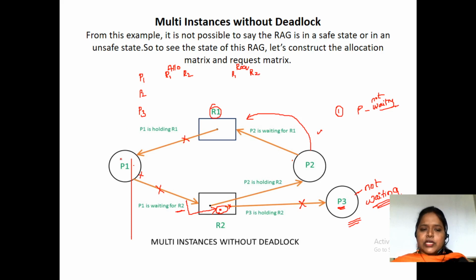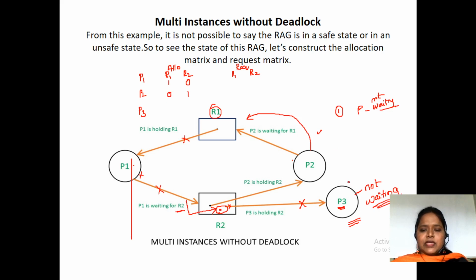So P1, first you check P1. Which resource has been allocated to P1? R1 resource has been allocated, so you have to keep 1 at the place of R1. Fine. And R2, was any R2 allocated to P1? No. So R2 is not allocated, so we have to keep 0. Now check for P2. P2 has been allocated 1 instance of R2, right? So we have to keep 1 in R2. Has R1 been allocated to P2? No, so we have to keep 0.